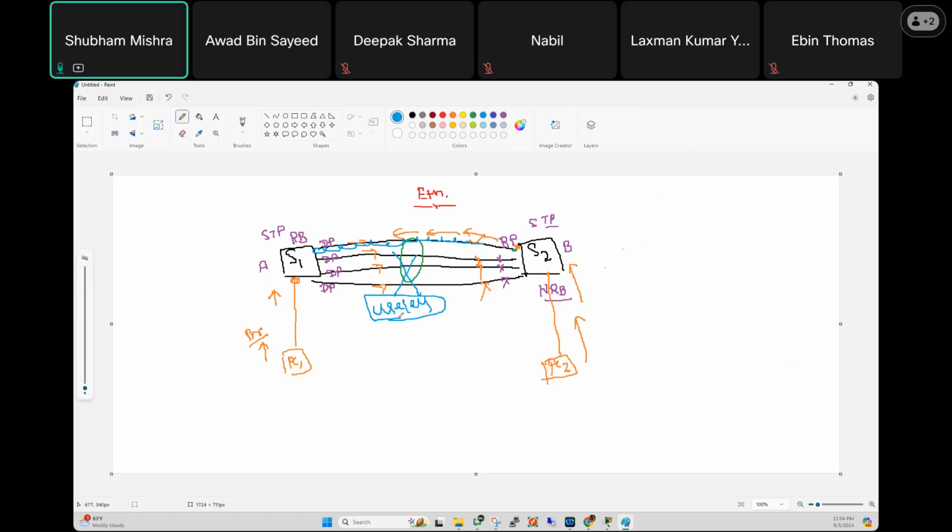Because what did STP do? STP just moved these ports into which state? Blocking state. It means all the traffic, going and coming, everything happens only by this link. Yes. Now the question is,